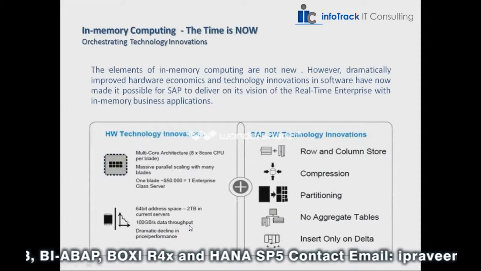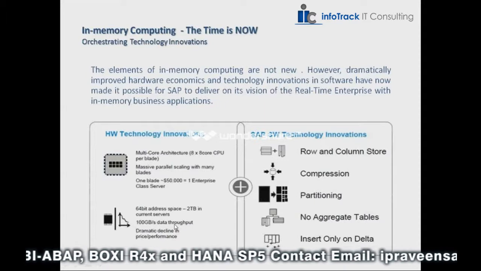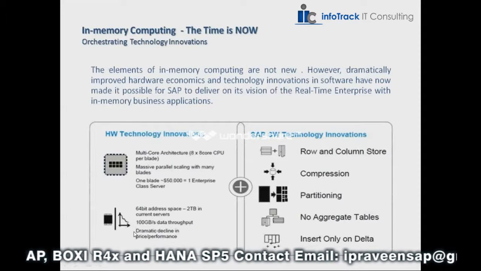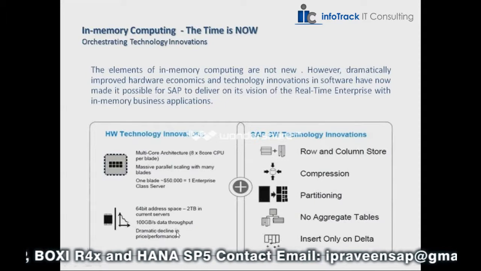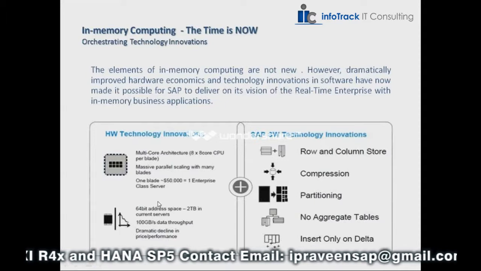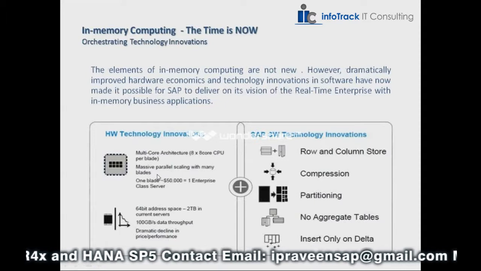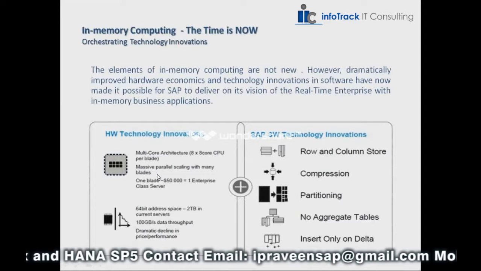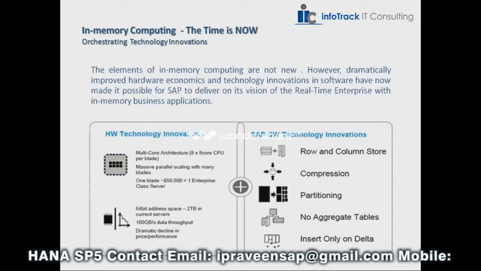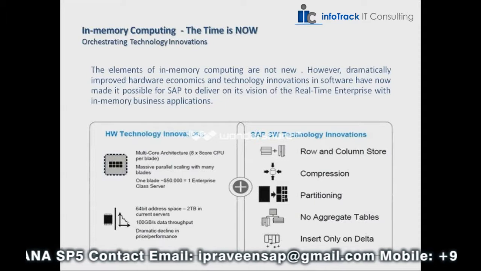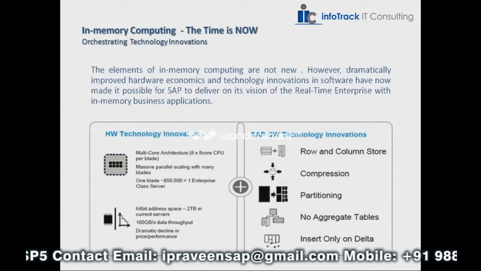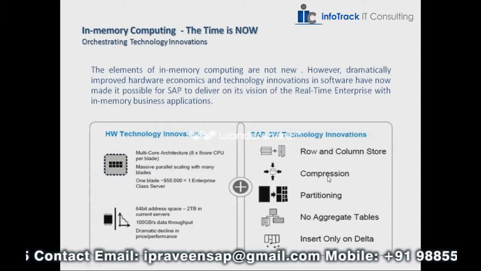If we use the HANA system, we don't need to implement all these things manually. These are automatically taken care of by the HANA system. So now we don't need to implement compression manually, partitioning manually, aggregation manually, or row and column store. This is automatically taken care of by the system. That is the reason this is a certification question, software innovations by HANA.